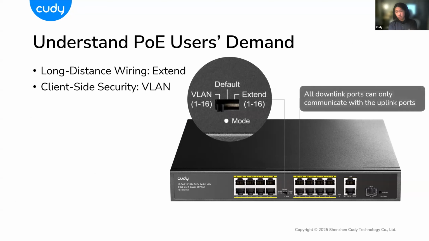And the VLAN features. So why do we need the VLAN features? You must have watched some movies show hackers pulling up an unguarded Ethernet cable and hacking the whole surveillance system, right? That's because the IT didn't turn on the VLAN feature. So all the downlink clients, all the cameras, can communicate with each other. So there is a leakage or risk of getting hacked. So with the VLAN feature turned on,